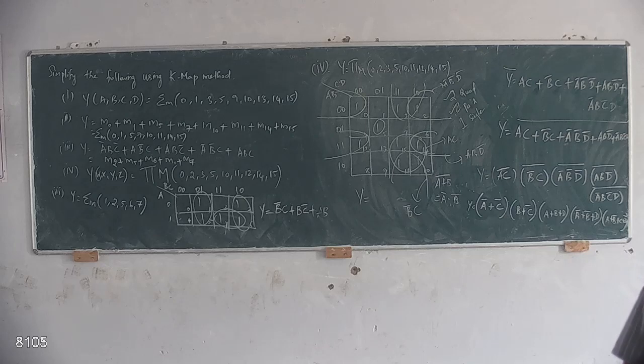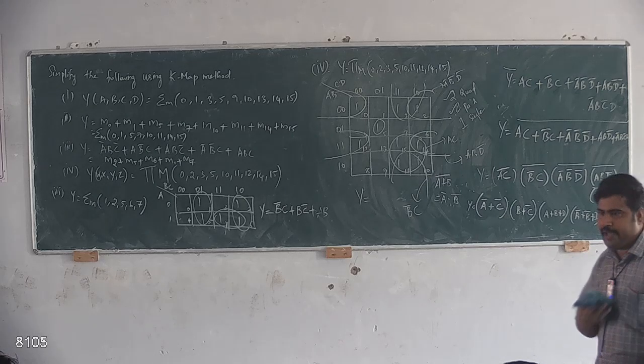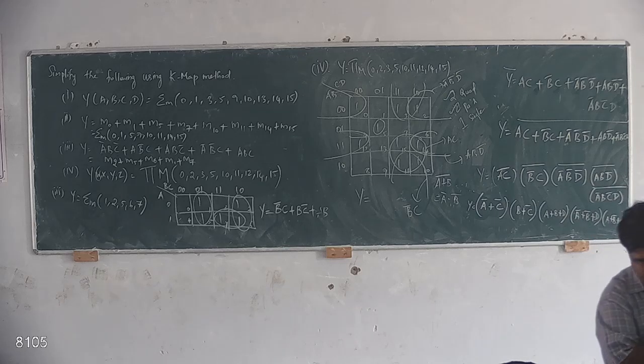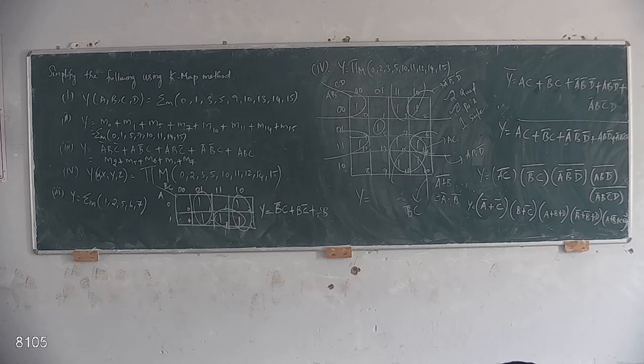So only one step. We need to take the complement for the last step. You will get the answer. Completed. Then you do the complement and find the answer. This is in the form of SOP format. But in our question, they have asked for POS format. What we need to do is take full complement, apply De Morgan's law and find the answer.